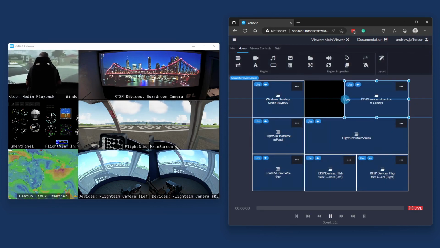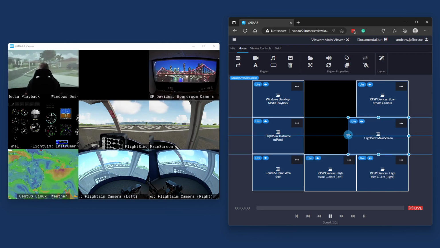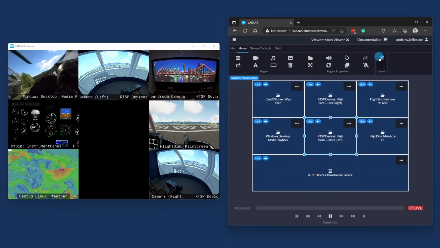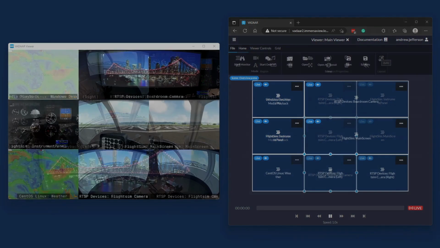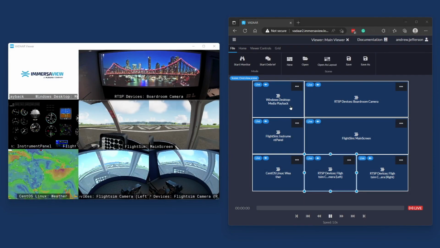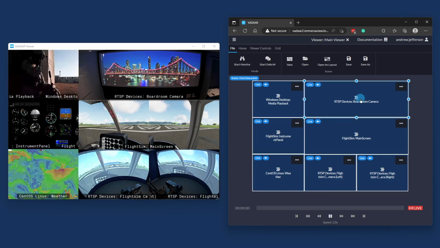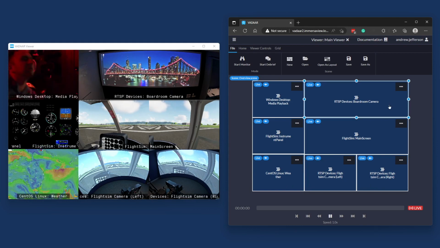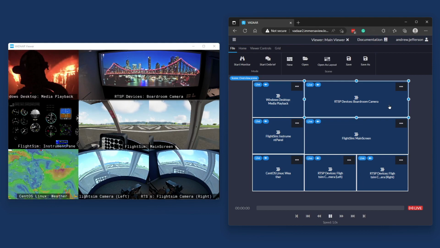The Viewer Editor is where we can add and rearrange streams on the viewer canvas. We can also use an auto layout function to fit our streams into the viewer nicely. Here, we have the streams from various components on our local network, including Windows and Linux PCs, and RTSP streams from IP cameras and HDMI IP video encoders. As you can see, even though VADAR is a software video streaming solution, it's compatible with existing hardware.